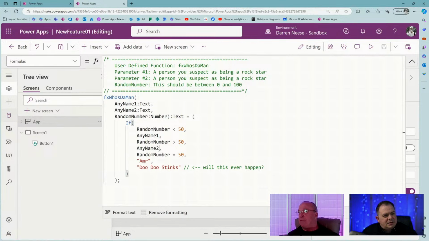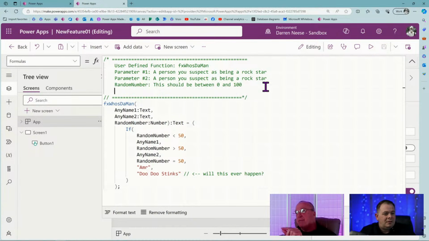But I just want everybody to start this off by seeing the anatomy of a function. You're going to go into the formula section of your Power App program and create a function name. You can prefix it with FX like Darren did. I think that's a great practice. You have a parameter list, then a colon at the end of it, and that is the return. What's the purpose of a function? A function should return a value. That's the big thing I want everybody to know. That value is going to be that text.